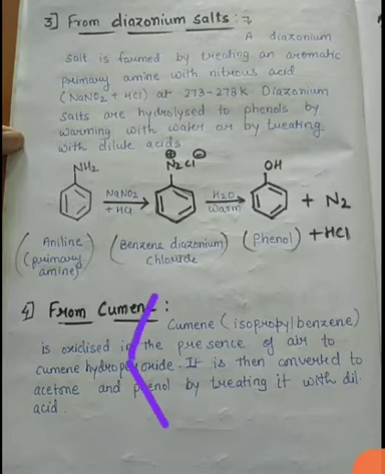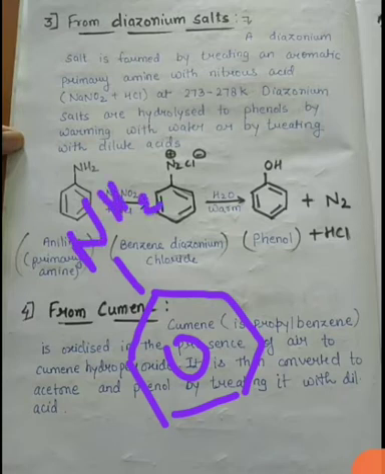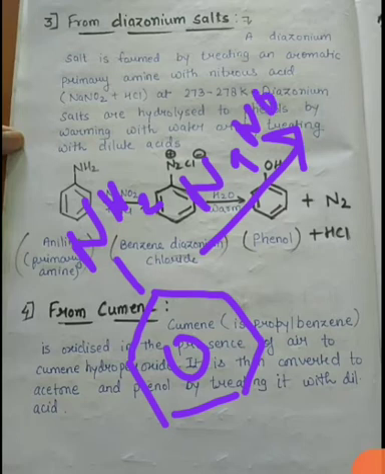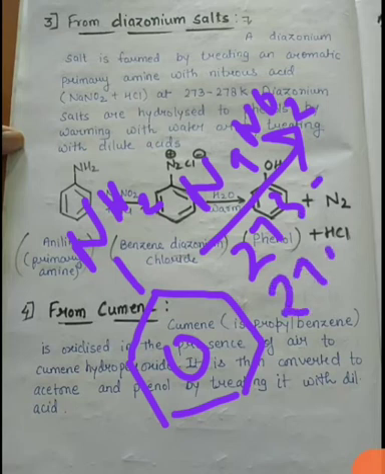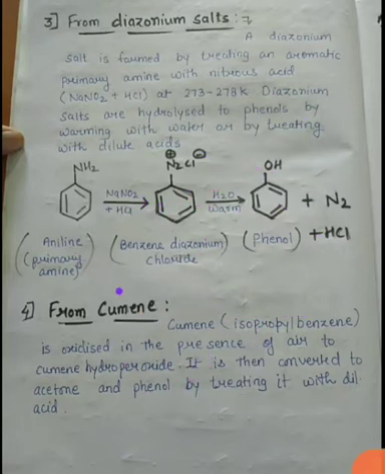You have to take aniline, that is also termed as primary amine, and react it with NaNO2, that is nitrous acid, at a temperature of 273 to 278 Kelvin. After this the product formed is called benzene diazonium chloride. So the reaction is based on this, that is benzene diazonium chloride.